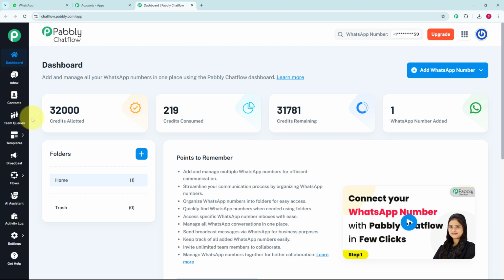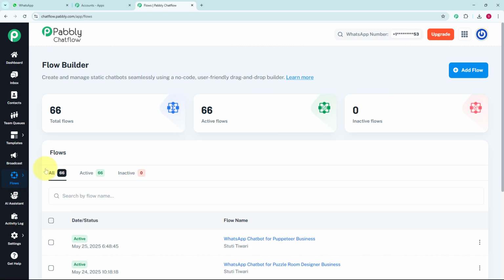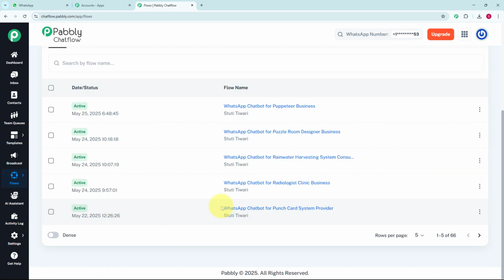Now let's start creating our WhatsApp chatbot. For that, we just have to access flows. So just click on flows here. Once you will click on flows, you will get this flow builder page, and here you can see these are